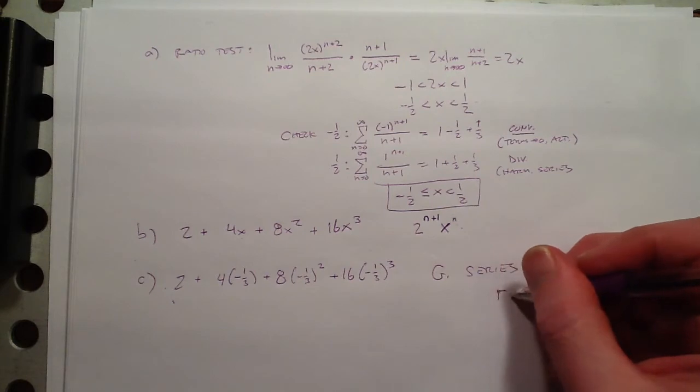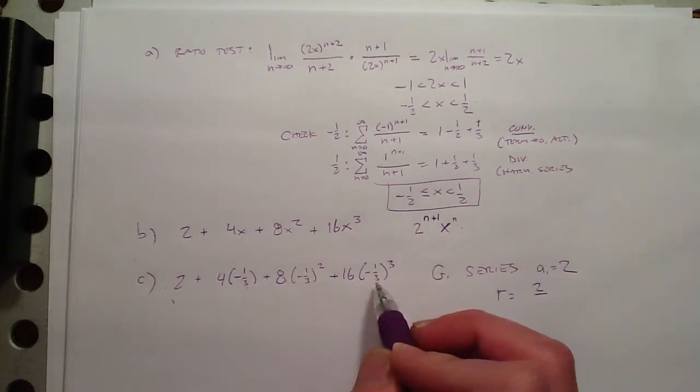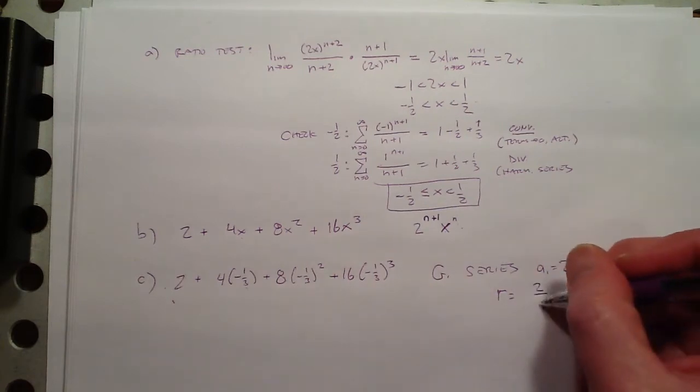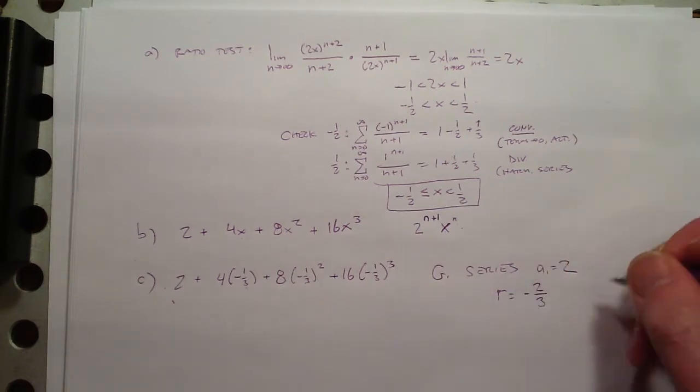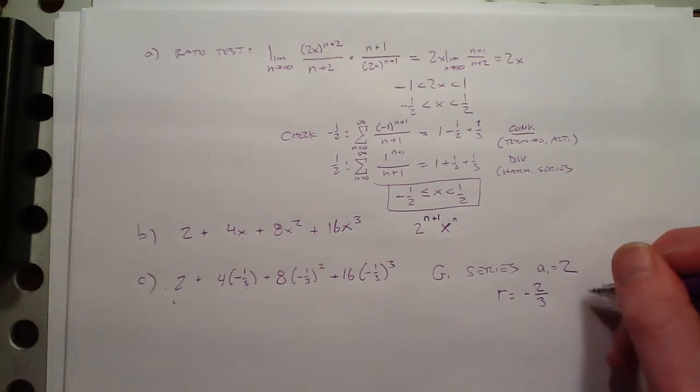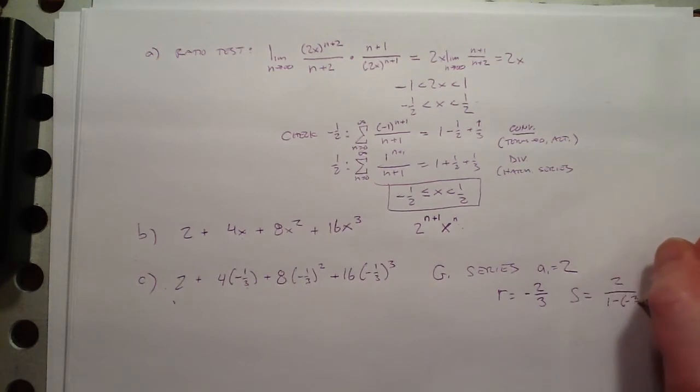The multiplier is 2 on the top and 3 on the bottom, or negative 1/3, so the multiplier is negative 2/3. So that means the sum is the first term over 1 minus the multiplier,